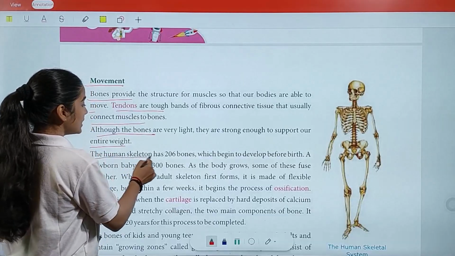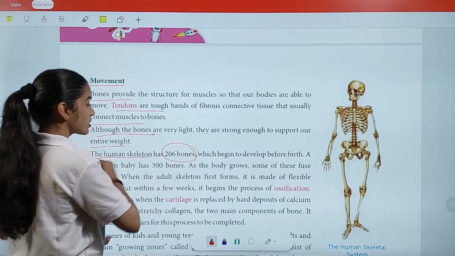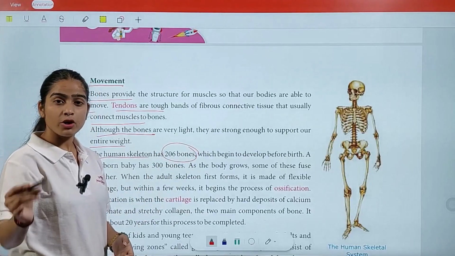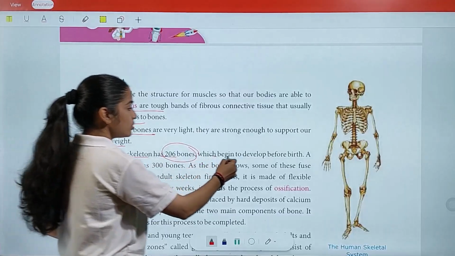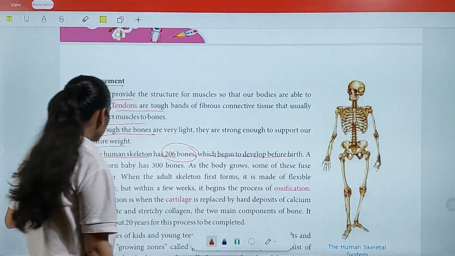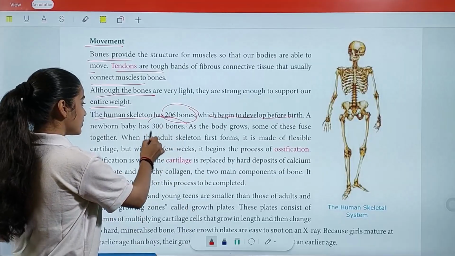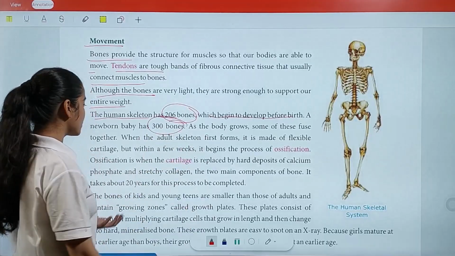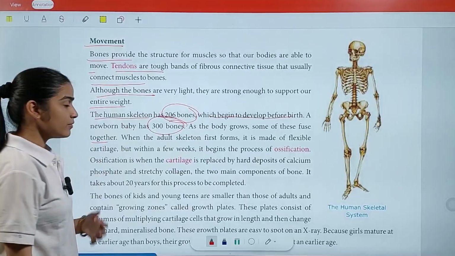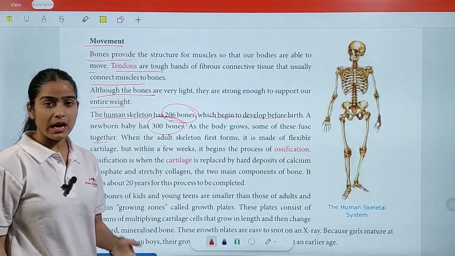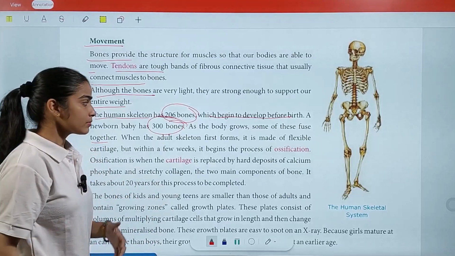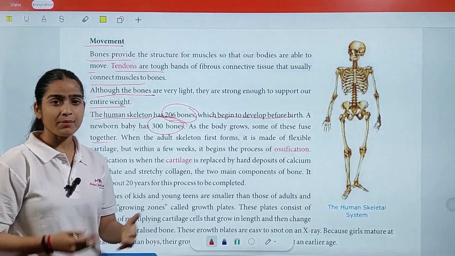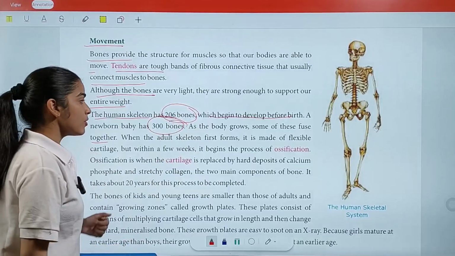The human skeleton has 206 bones. How many bones do we have? All of you repeat after me. 206, which begin to develop before birth. A newborn baby has 300 bones. As the body grows, some of these fuse together. So a newborn baby has a total of 300 bones, but as our body grows, some of the bones